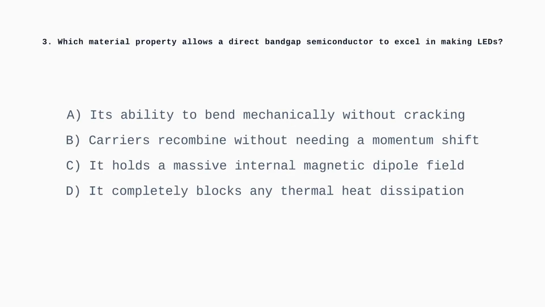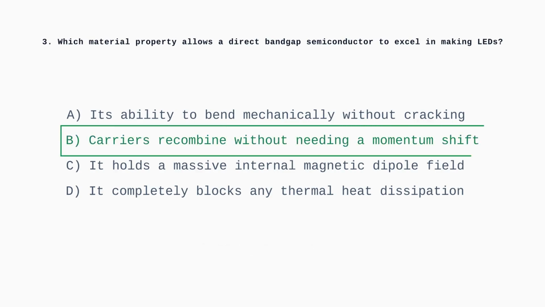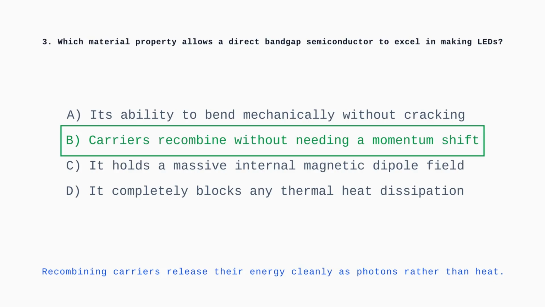Question 3. Which material property allows a direct bandgap semiconductor to excel in making LEDs? Because direct bandgap materials don't require an electron momentum change to recombine, they efficiently emit photons, making them ideal for